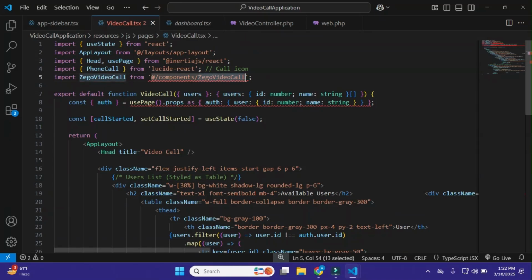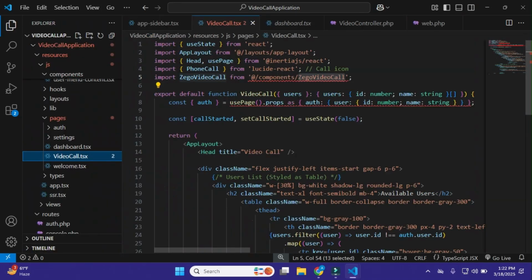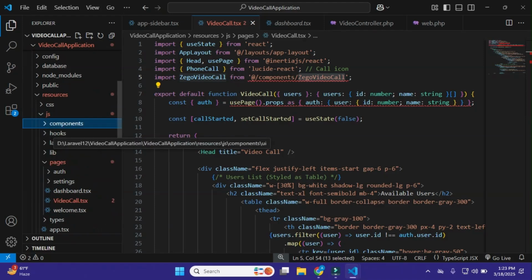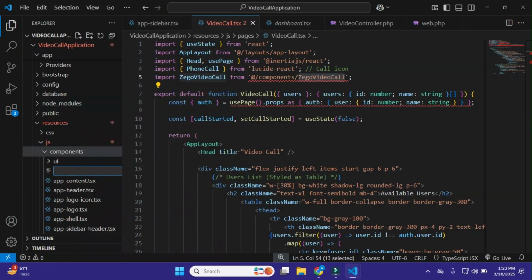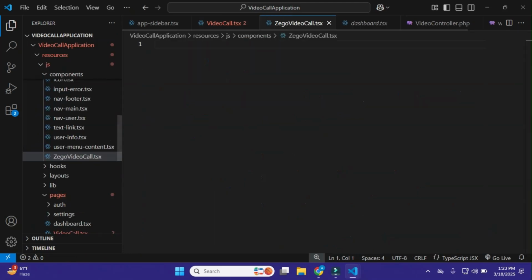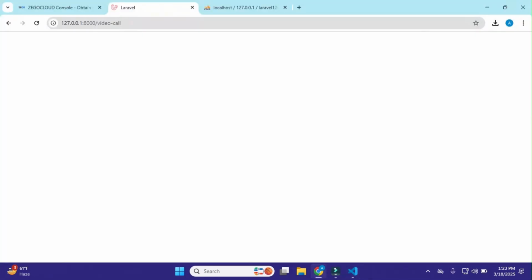So we need to create this in the components, we haven't created it yet. In the components, I'll just create this. Go to components, here is my component folder, click on new file and create this .tsx file. Okay, that's it. Just save this, and we need to create the modal in it. Save this and come here and reload it.